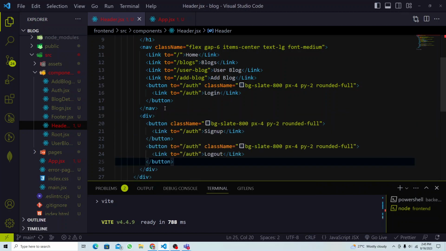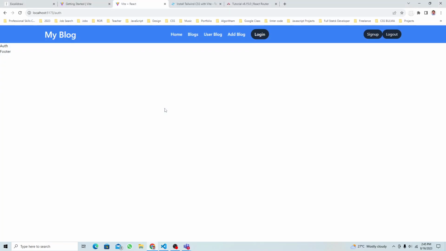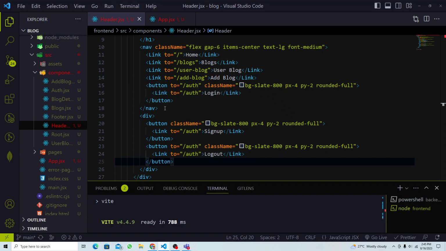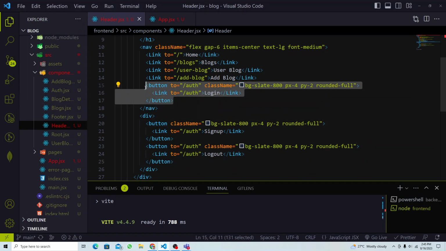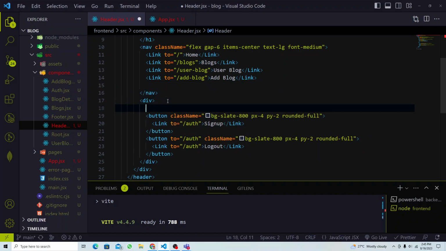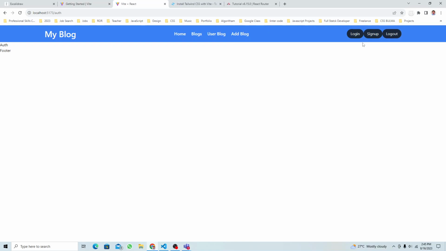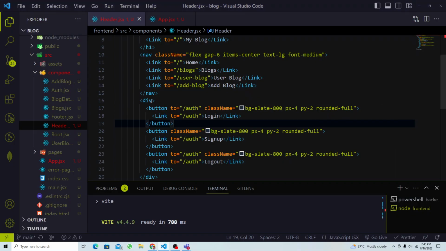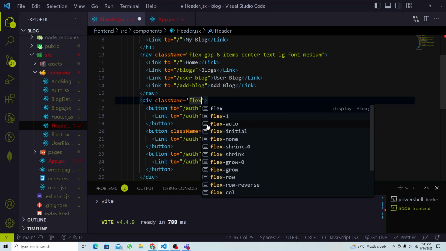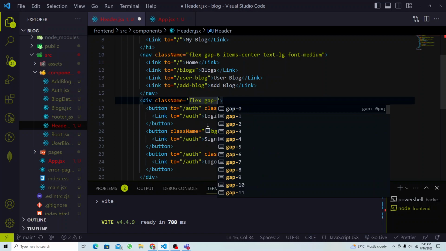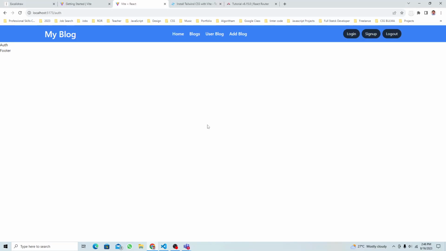Okay, so the problem is I left one there. We have to separate all these three, right? Little bit. So now we just do the same thing, class flex and give some gap. Okay, gap of maybe 2. All right,